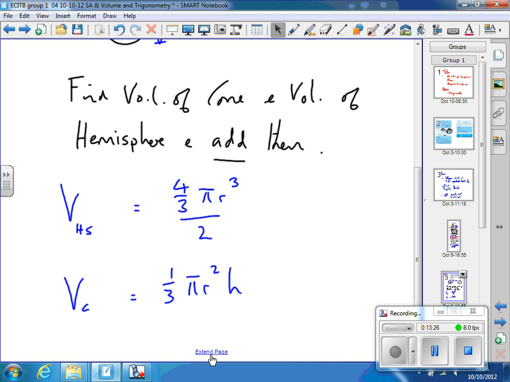Okay. Yeah, that's good. So you either look them up or you know them, that's fine. So same procedure: we've drawn it, got our plan, we've found the relevant formula, the volume for a hemisphere and the volume for a cone. Now,